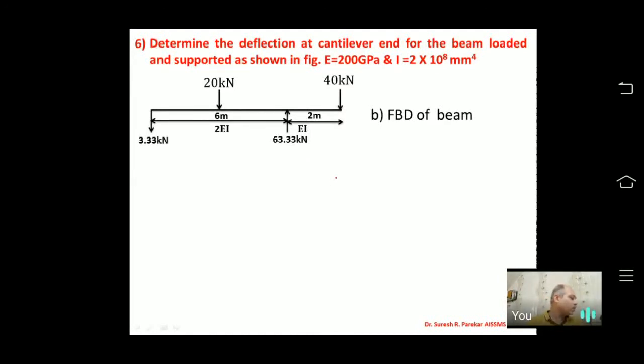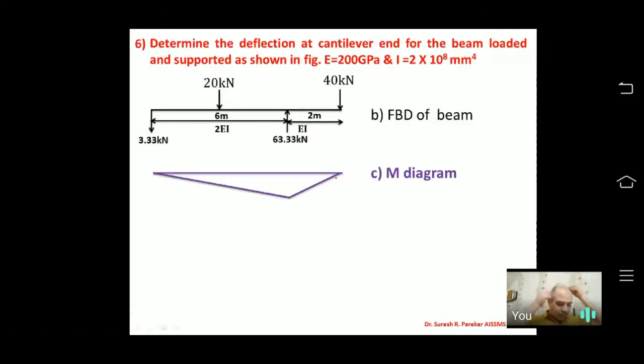So if we go to the bending moment diagram, then we are going to get this bending moment diagram in this fashion, the M diagram. So now what will be my M diagram? Then you can plot it, and in that M diagram you can see that it is 40 kilonewton, and we are going to get that linear, and that value we are going to get as 80 kilonewton over here. So the value we are going to get over here is 80 kilonewton. Here I am going to get the value 3.33 into 3. This value we are going to get as 80.